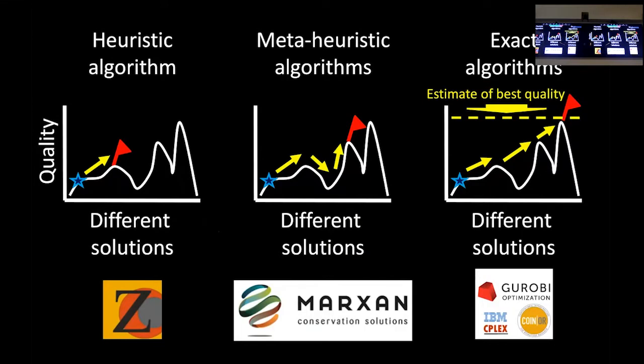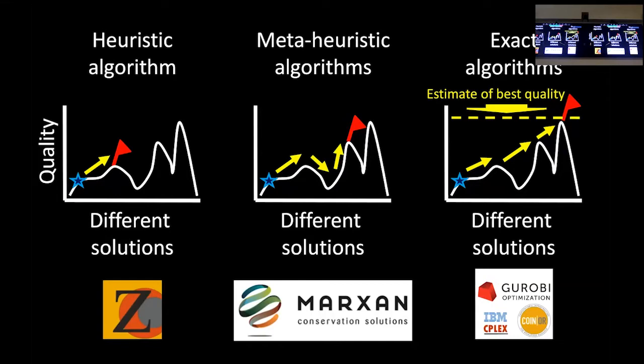If you've heard of the Zonation decision support tool, that uses a heuristic type algorithm. Broadly speaking, the general way that works is we start somewhere and then we try changing the solution and altering it. The idea is we want to keep on altering it until we hit a peak where we can't alter it anymore easily without degrading the quality of the solution. And that's really good because that's very fast to run. But the issue is we might miss out on peaks later on because we didn't start in the right place.